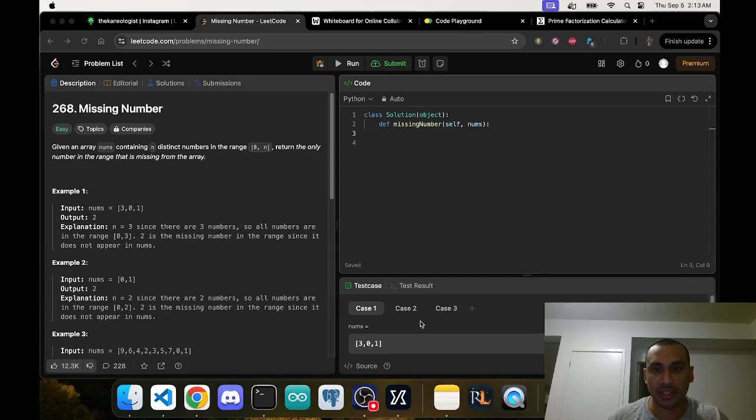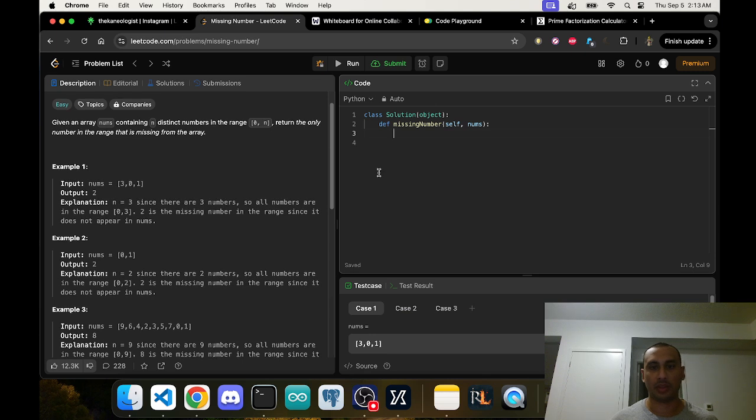We're going to be doing missing number. And I want to do this as simply as I can do it. So all I'm going to do is this. Everything in here is distinct, but they could be jumbled up. Right? So what I'm going to do is nums sort, boom, for i in range len nums, if